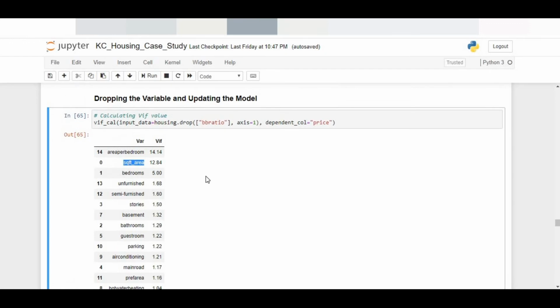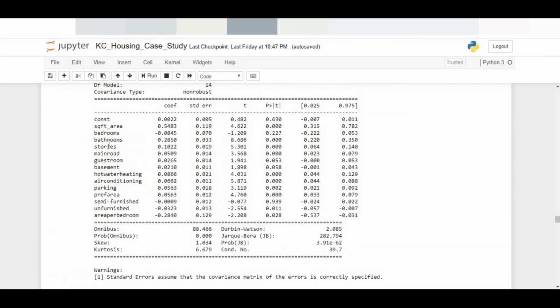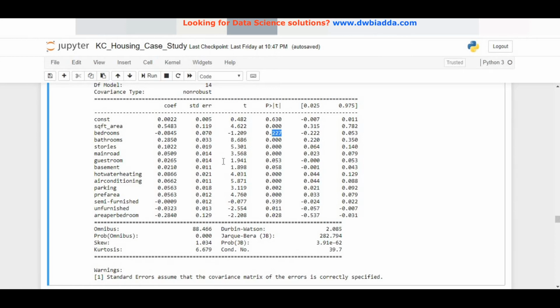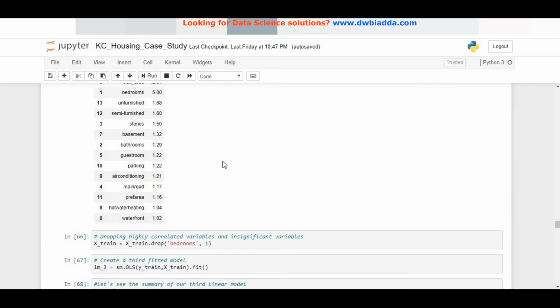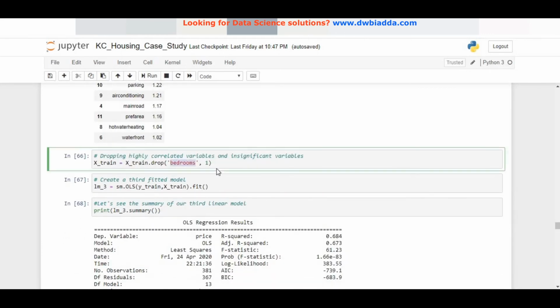Now let's pick which attribute I would like to drop. I would like to drop the bedrooms, considering the p-values, but again it's completely upon the judgment of the person who is doing the modeling. In any way, I do not claim this is the best possible way. It's just an attempt to build a good model. There could be many better models than this. So let's take bedrooms as our attribute to drop, because that looks like it's creating some noise over here.